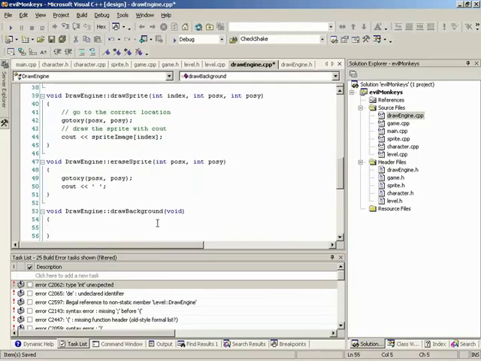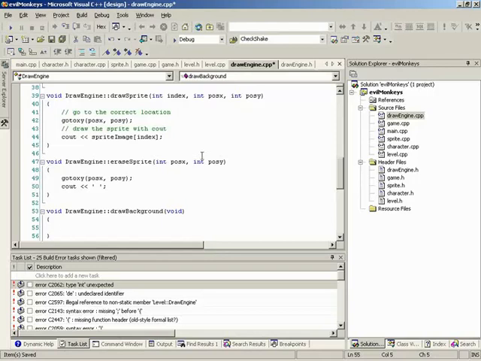The problem is, though, that we don't have the data, do we? No. We don't have the map data. Our draw engine doesn't know about the map data. Yeah, we need to put it inside of our class so it knows about it. That's right. So we're going to need to do two things. One is create a double pointer inside of our draw engine so that it can store that pointer. Yep. And another thing is a SetMap function, which is going to be able to have other people set the